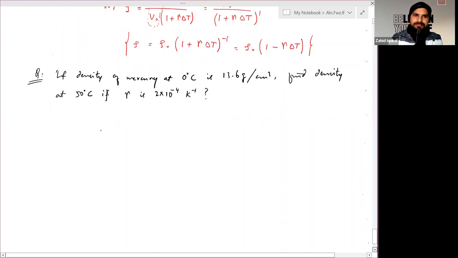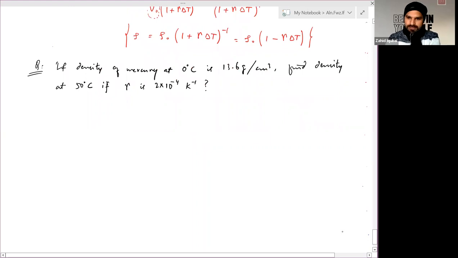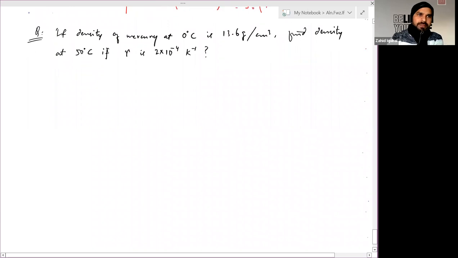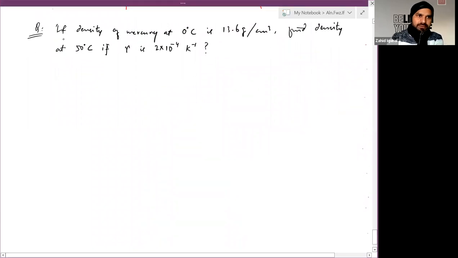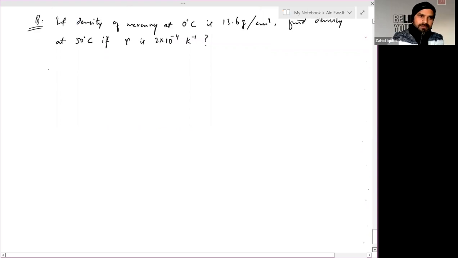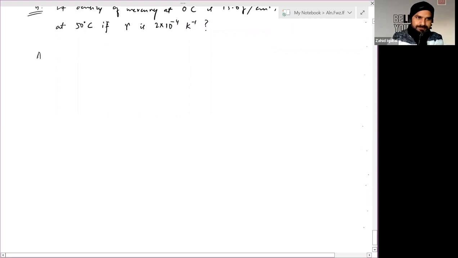Good, Ifra. Okay. This was the last part, calculation of expansion. Let me define you one more thing using this. There is anomalous behavior of water. In case of water,